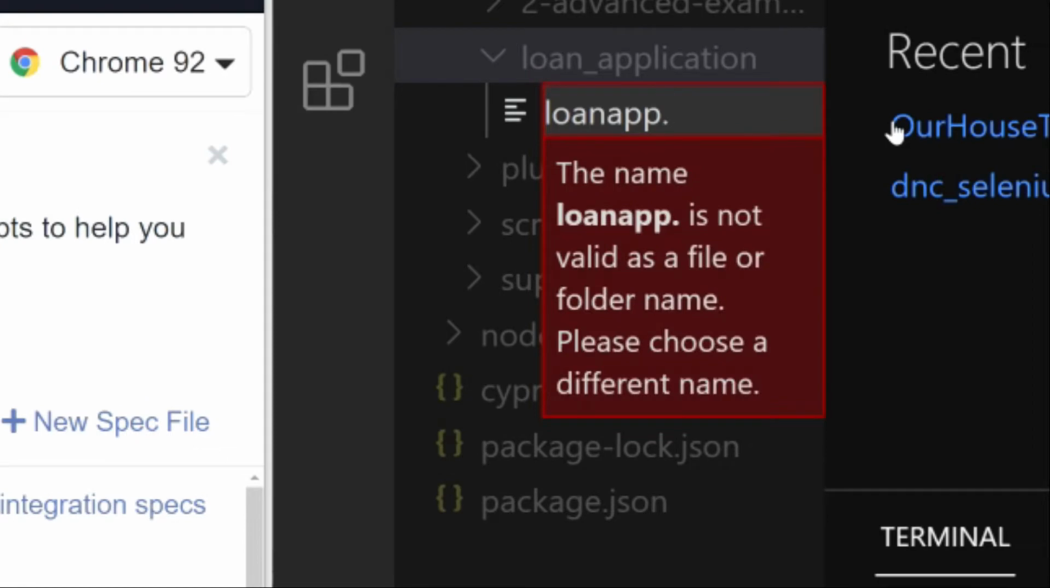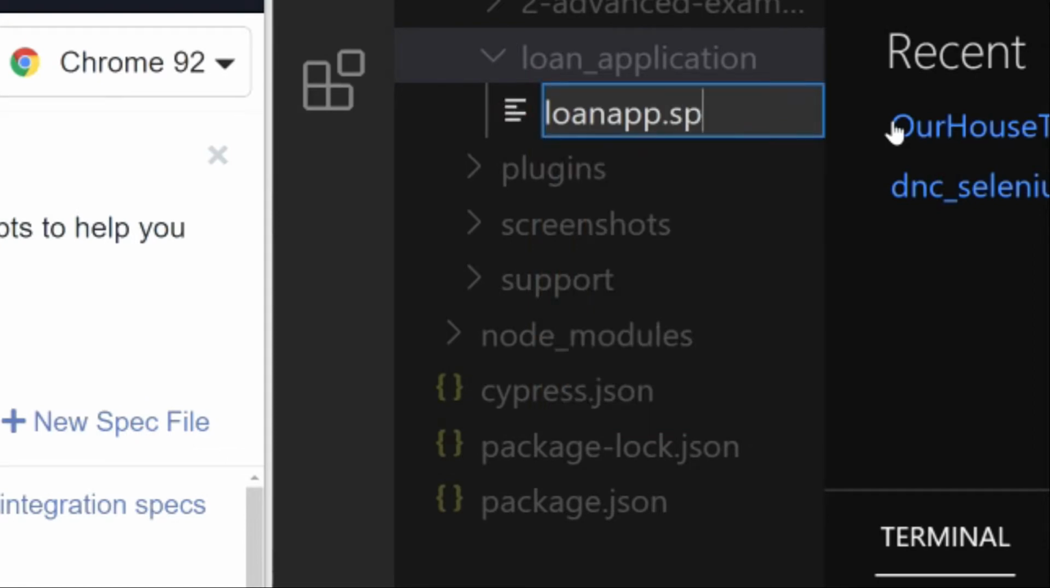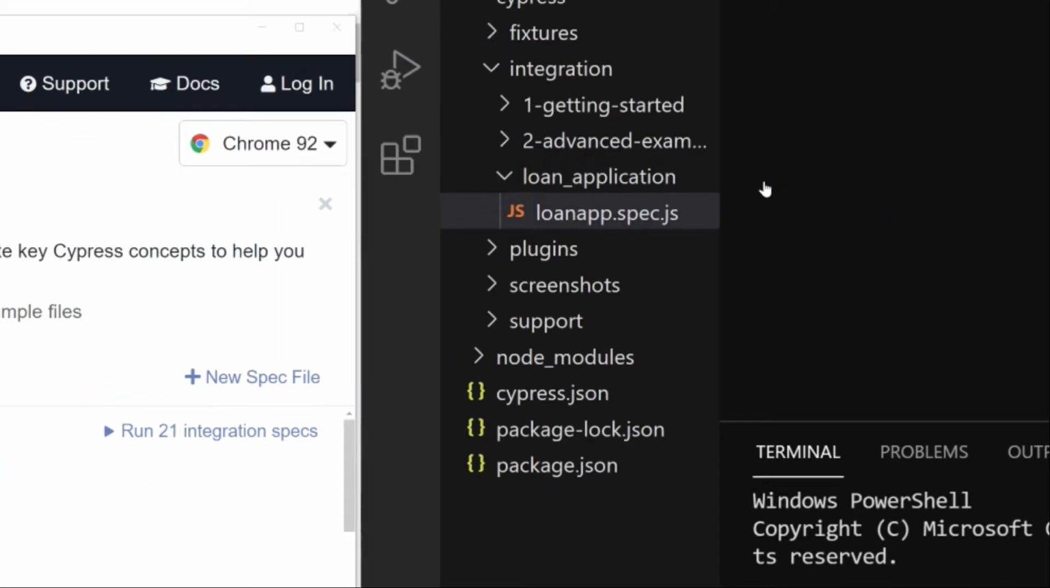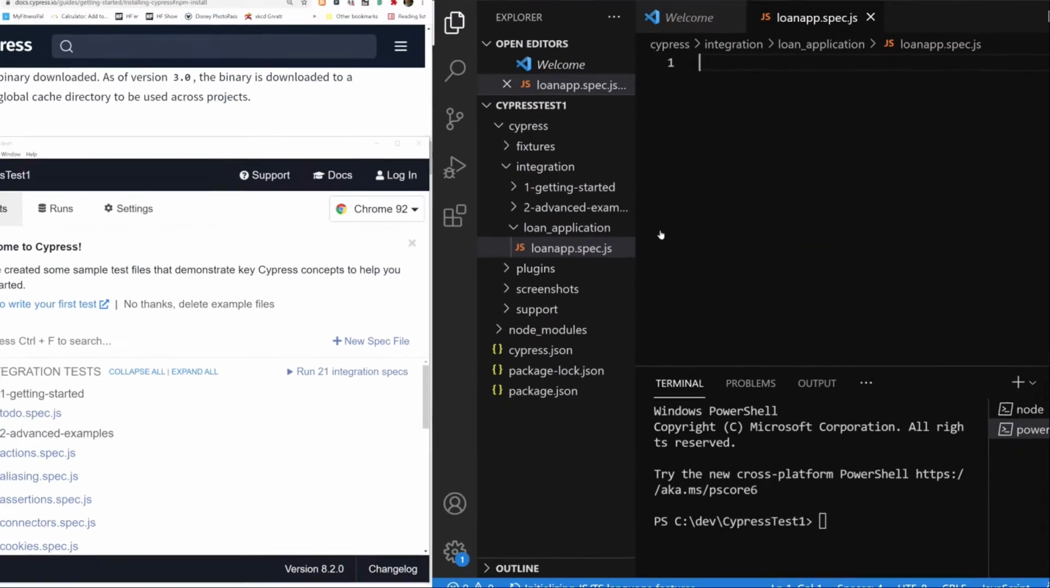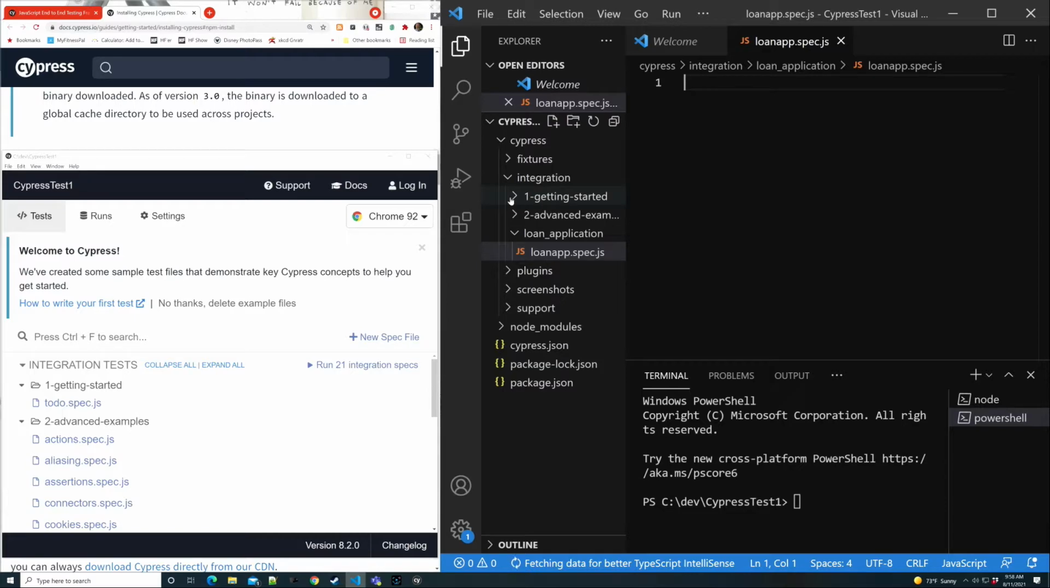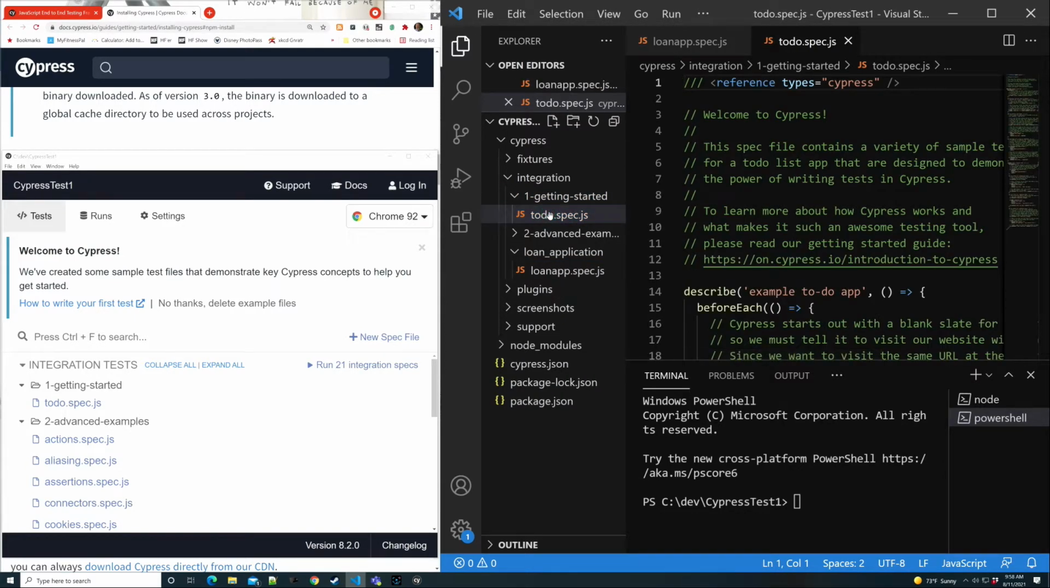Cypress is built on top of Mocha and Chai. Therefore, the code may seem familiar if you've worked with those frameworks before. Since we have sample files provided by Cypress, let's be all hacker about it and just copy and paste from there to start our new file. Here we're looking at the todo.spec.js file. There's a header in the file, so we'll just assume that's Cypress standard functionality and copy it into